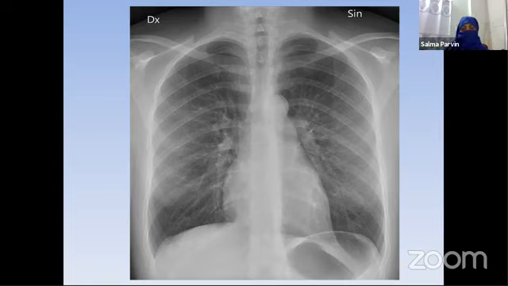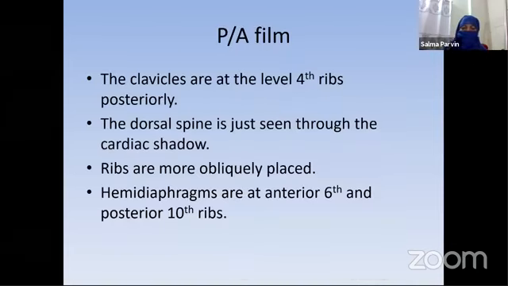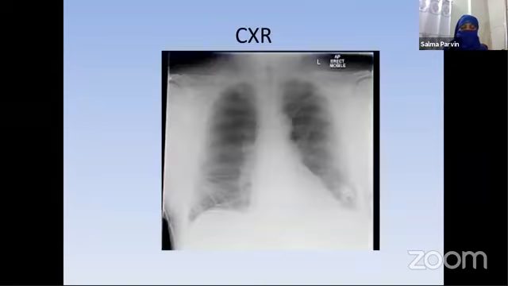The study of the hemidiaphragms need not be in the same way as you describe lung pathologies, when you describe them as upper, mid, and lower zones. So it will be better if you go through the relation of the hemidiaphragms with the posterior ends of the ribs. I have said earlier,